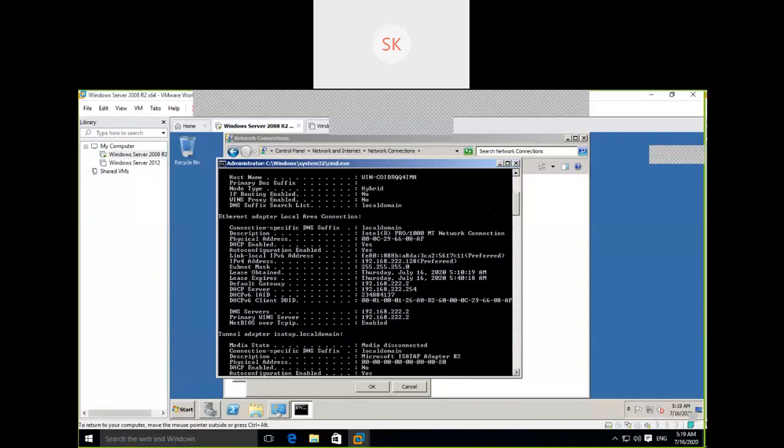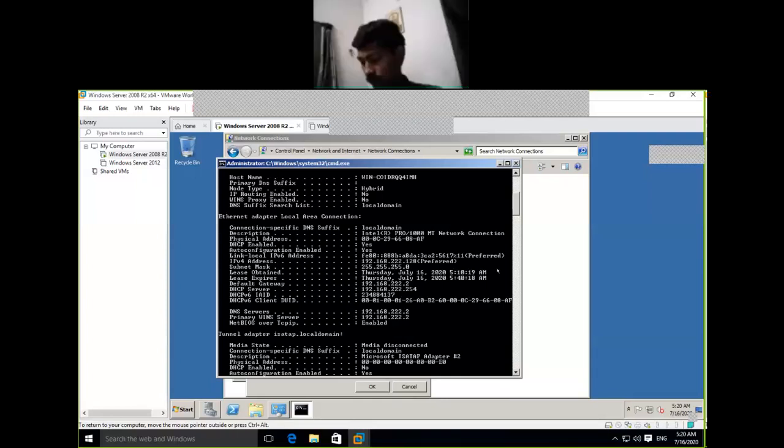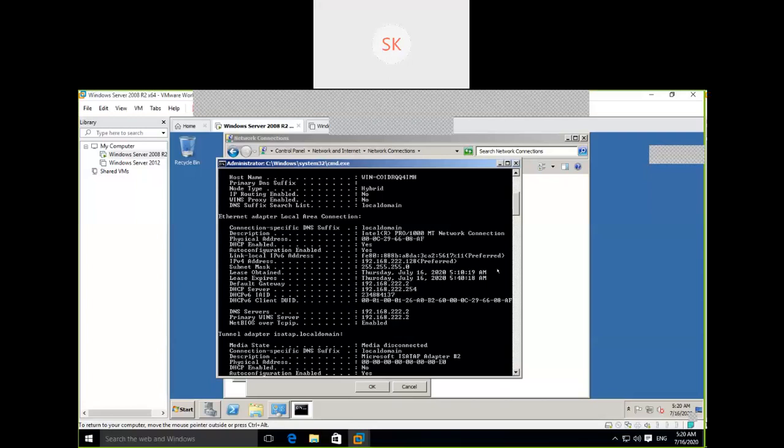In any enterprise environment, for example, if you connect to the office network with your laptop, you are going to get an IP address from the DHCP server. But servers serve requests from multiple users.